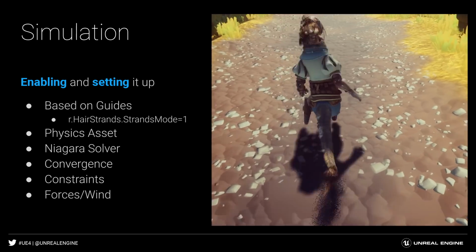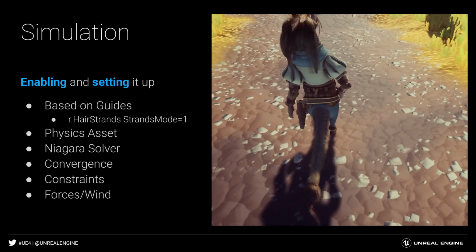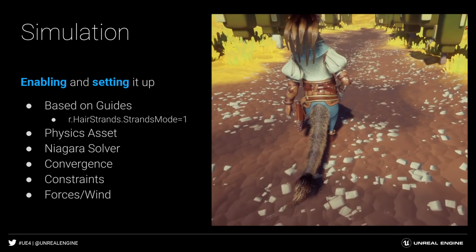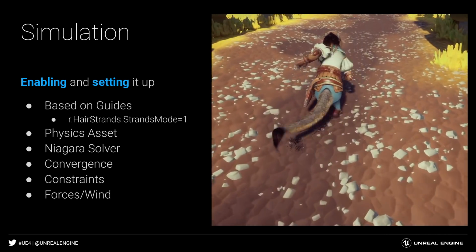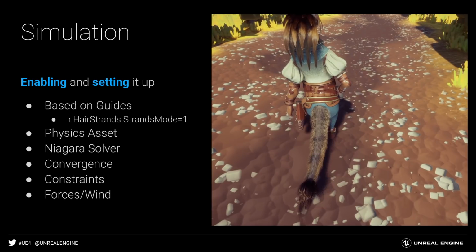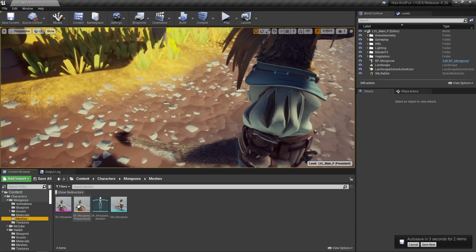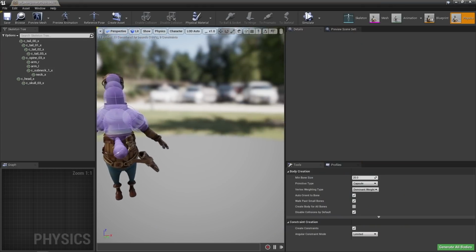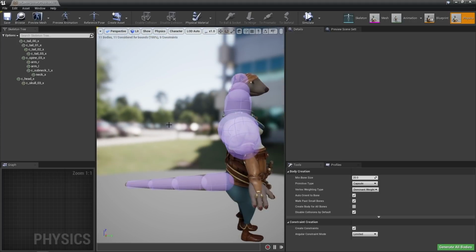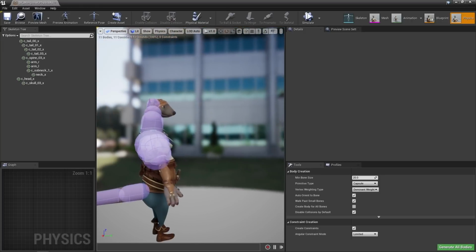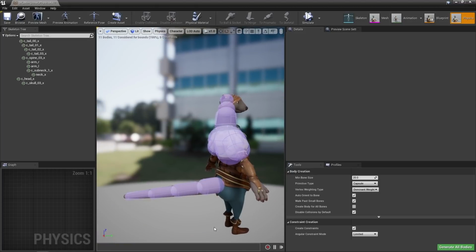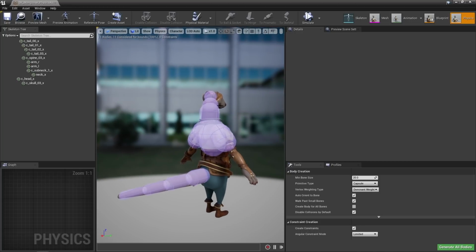One thing we want to add as a feature in a future version also is to have forces or wind applied to the simulation. Because right now the simulation is only considering collisions on the physics asset. So nothing from the surrounding environment will actually affect the physics. So in our meshes, in the physics asset, these are the only colliders that the hair simulation is going to acknowledge. And as you can see, because I didn't want to have simulated hair outside the head and the tail, I'm only using body capsules for shoulders, neck, head, and tail.